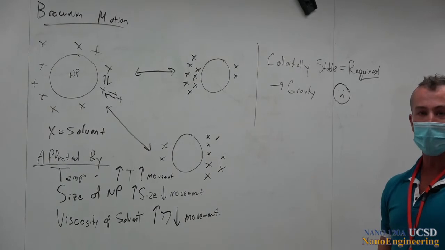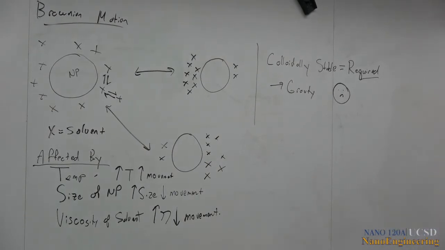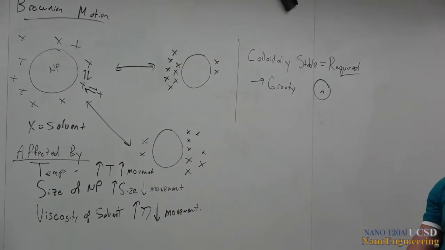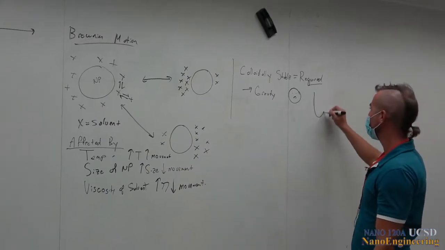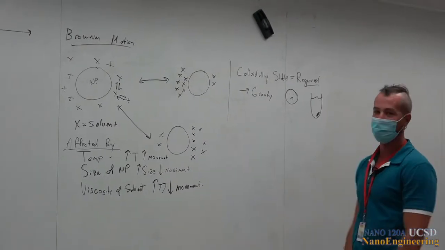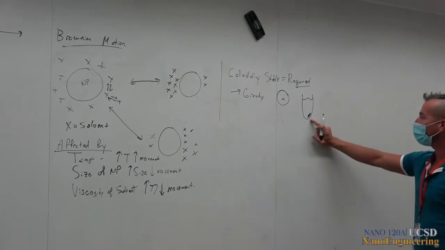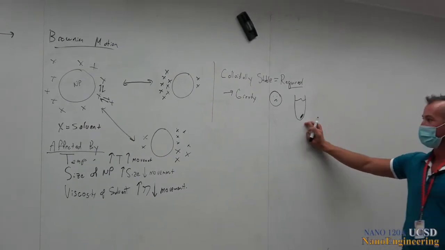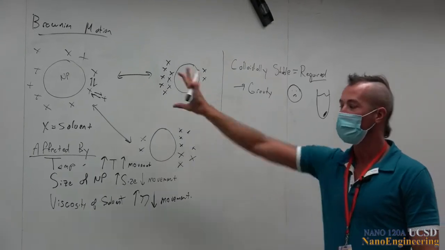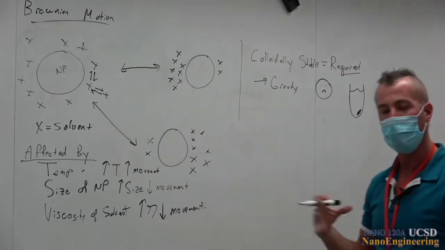If gravity is affecting your particles, that means they're falling out of solution. You've got a big tube of junk. Welcome to nanoengineering. Okay? That means gravity is affecting your particles, and therefore this movement is no longer true Brownian